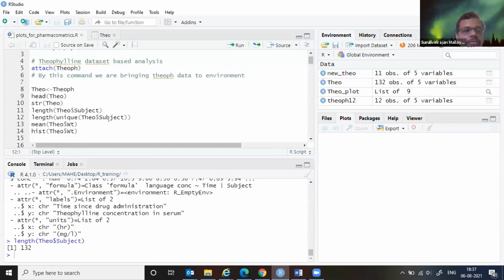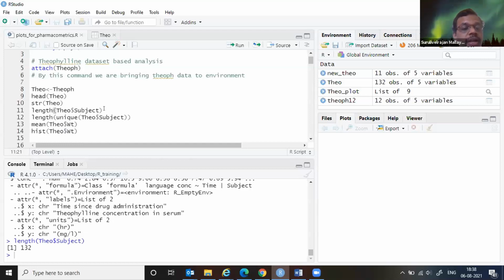You don't have to open a spreadsheet and go down and see what the data is, right? I'm just asking the question: what is the length of this particular data frame? Especially, I don't have to ask for all the columns. I'm saying Theo$Subject. It basically brings you to one column and asks for the length of that one column. It says 132. We know the trick.